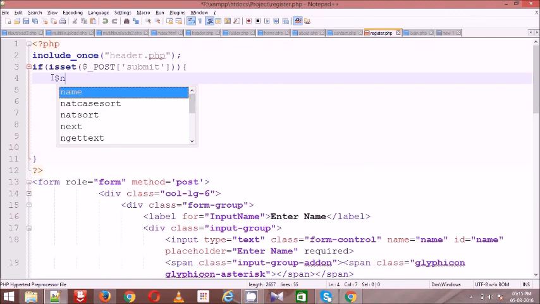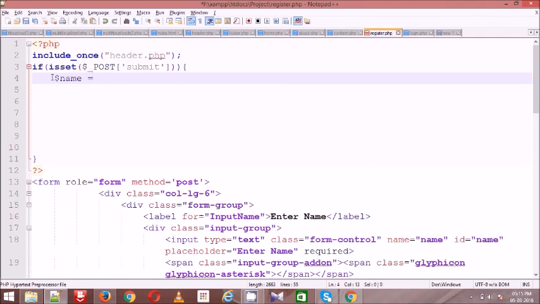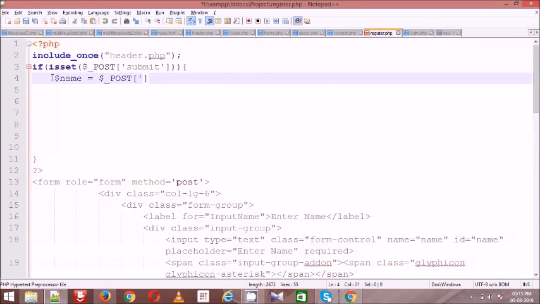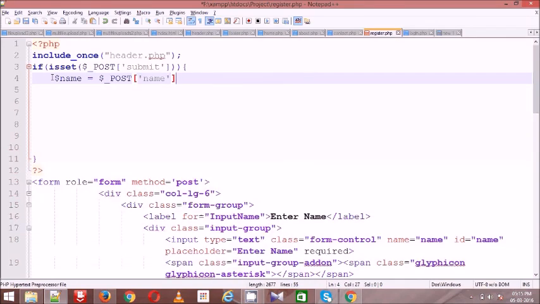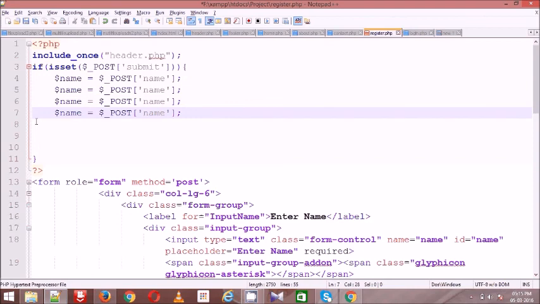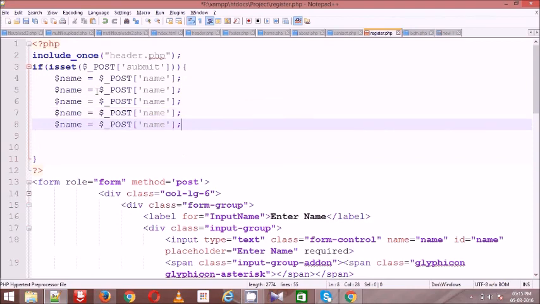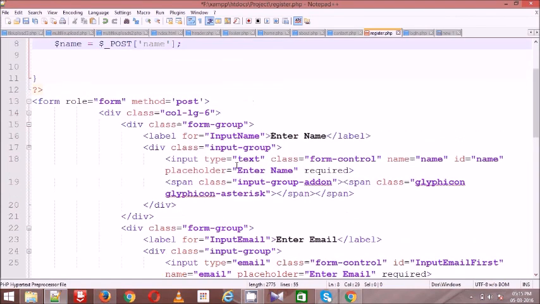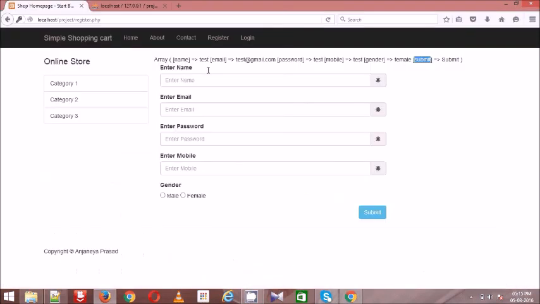So remove this. $name equal to $_POST of name. Like this, get all the values submitted by the user. Here, what are the values he has submitted? An email,